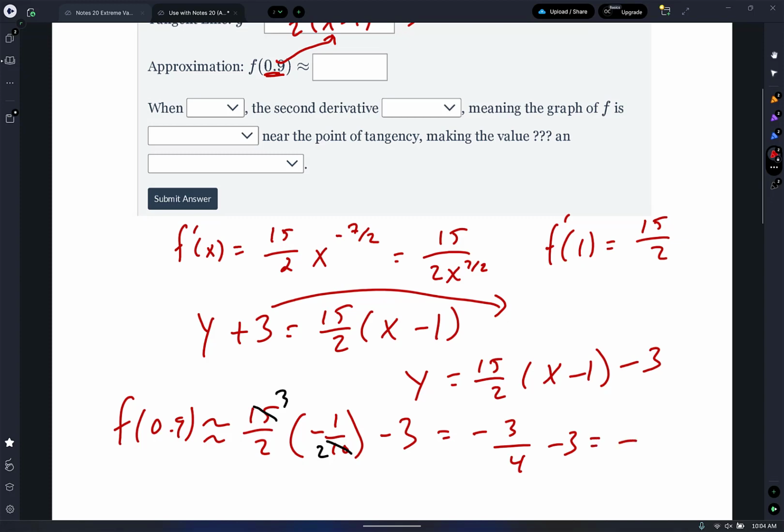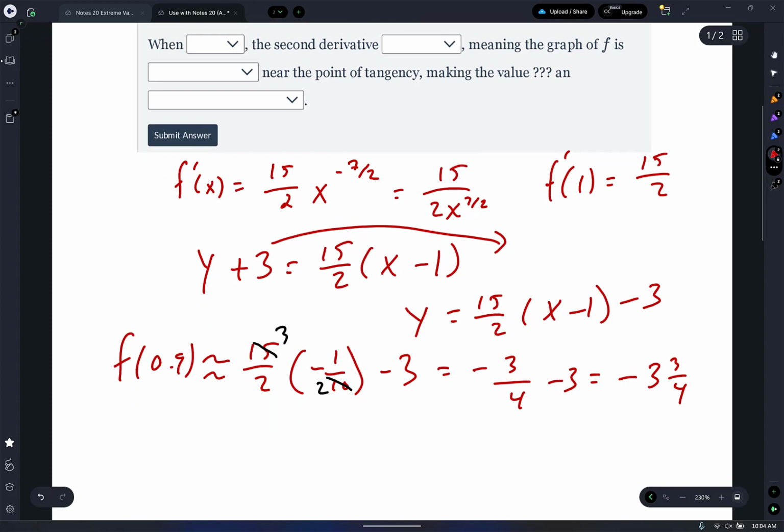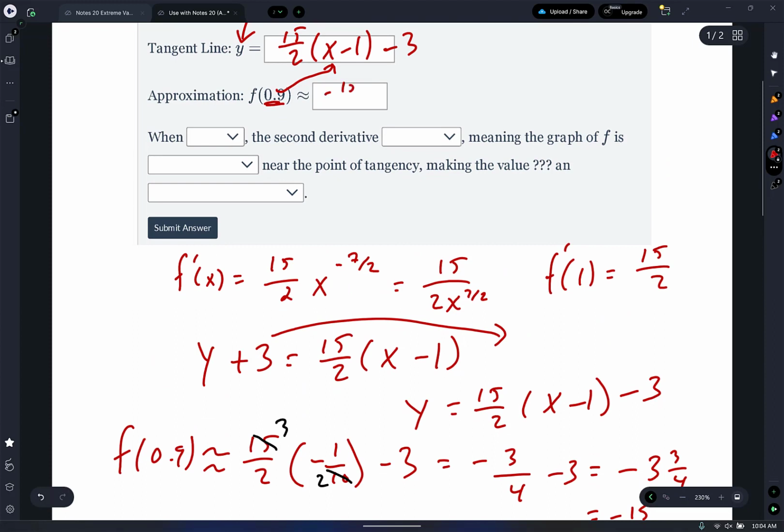So negative 3 and 3/4. I would not write it like that. 3 times 4, 12, 13, 14, 15. I would write it as negative 15 over 4, or you could also put negative 3.75. Either one of those two would be okay. Cool or not cool? And then it says this funny stuff when blocked, and then notice it says the second